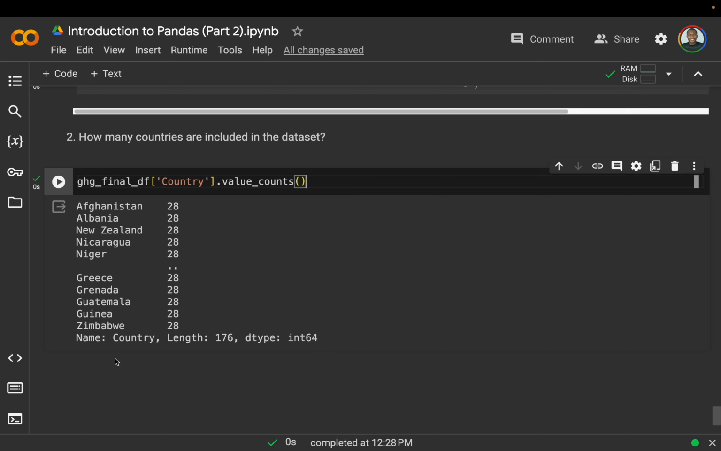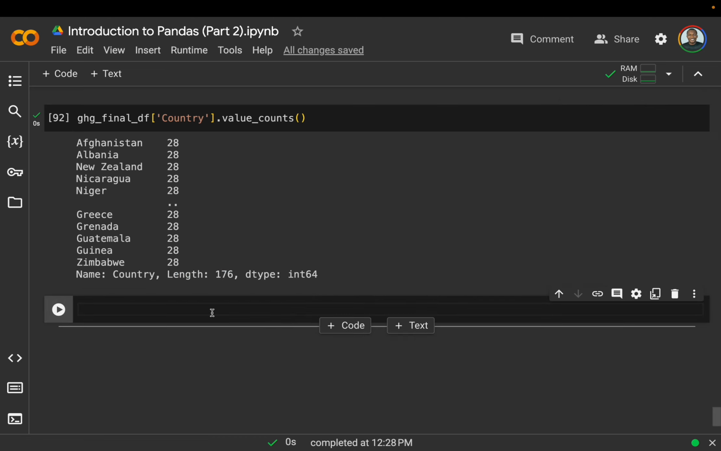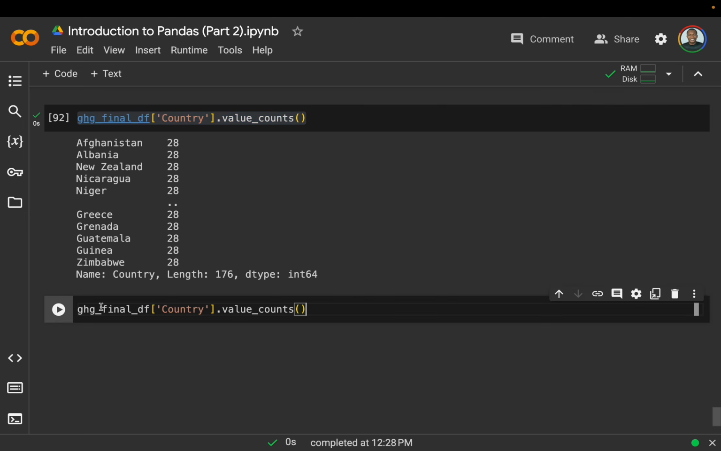So we have all the countries, and you can see we have 176. So this length will tell us the number of countries that we have in the data set. But another easy way to do that is very simple. You can do the same thing, but with a different method. Then just say n unique,